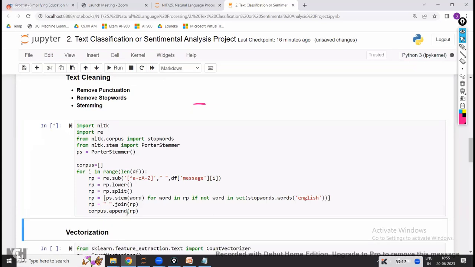Now stemming means it is going to take one after another, like that. How many is it going to take? Total 5,572 messages. The first message it will take and do the cleaning. Second message cleaning. Third message cleaning. Fourth message cleaning. Like that, it is going to take total 5,572 messages and do the cleaning one by one. Now, once the entire cleaning is completed,